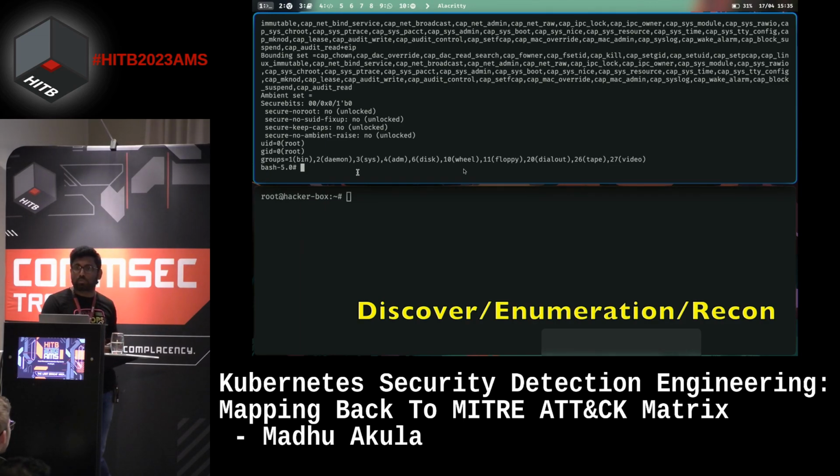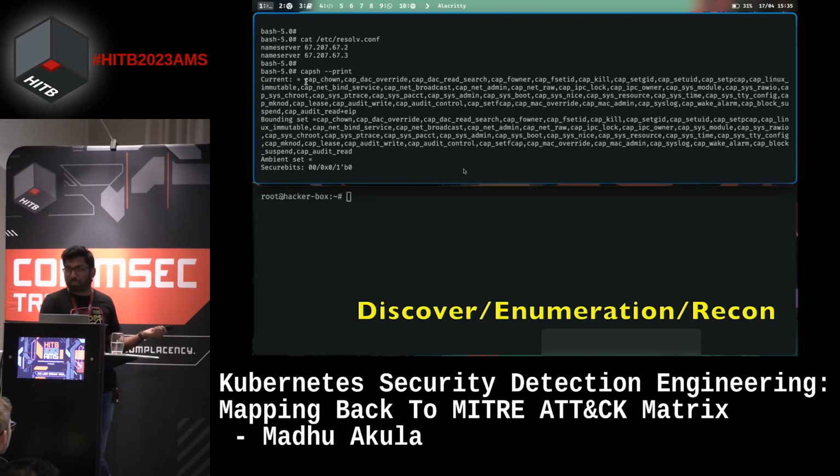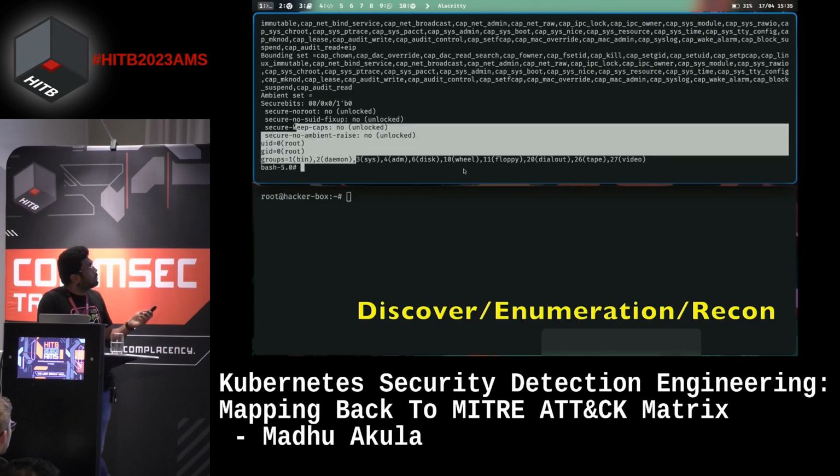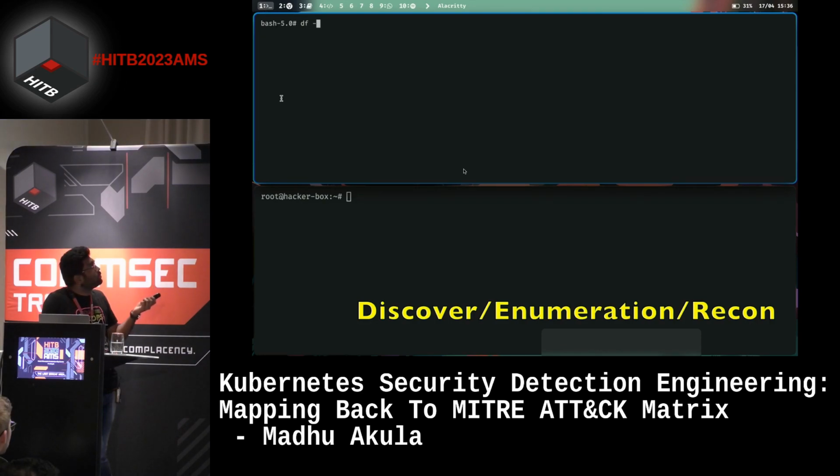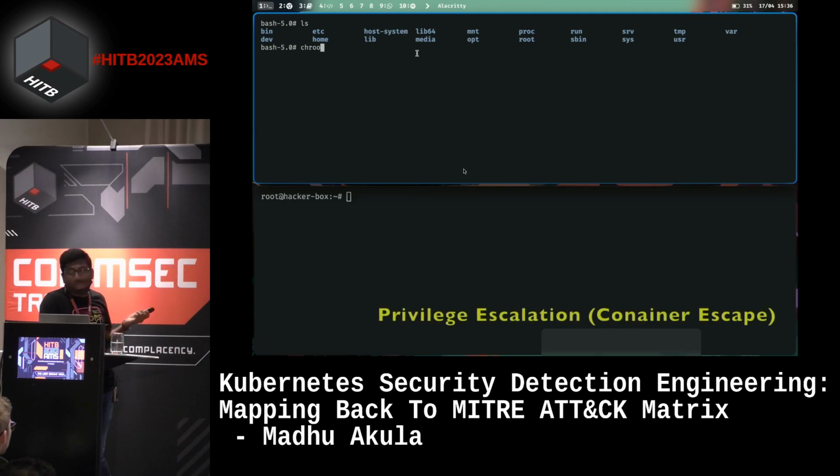Most of your detection tools and monitoring systems require capabilities like CAP_SYS_PTRACE and CAP_SYS_ADMIN, so that they are able to do profile tracing, monitoring and so on. So as an attacker, we can leverage the same capabilities, right? What we are trying to do is, because it has mounted a bunch of volumes and the /etc host system, and also we have CAP_SYS_ADMIN,